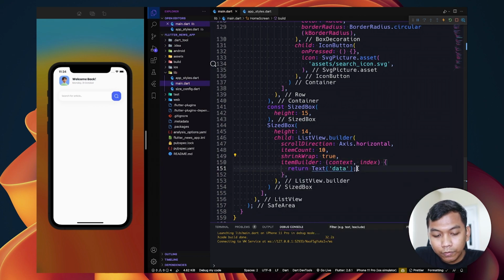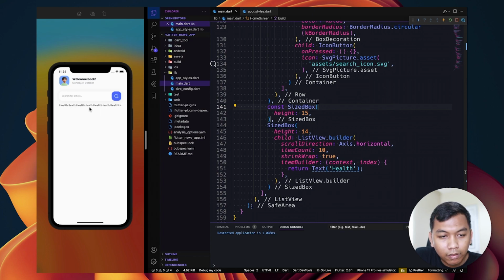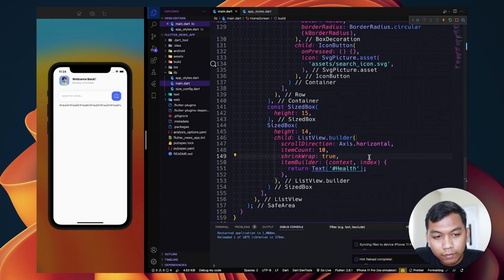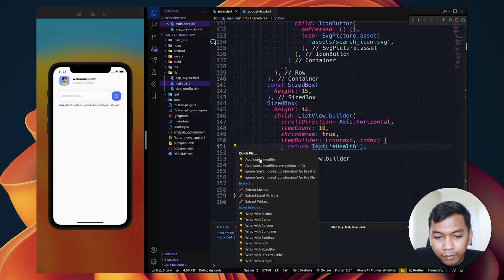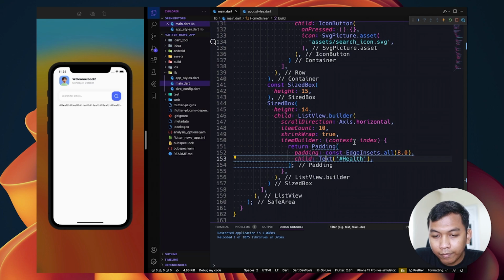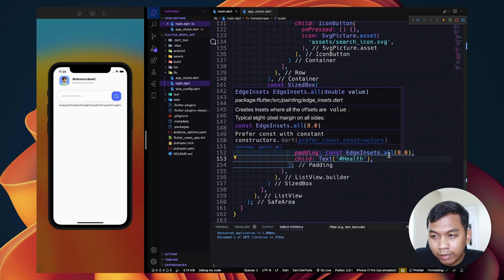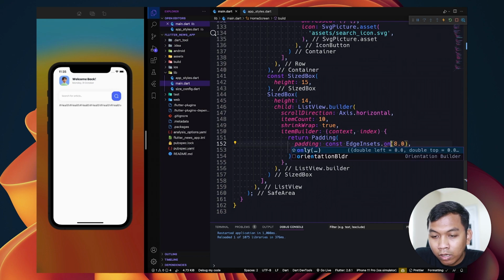Alright, so look like this. And here, so let's say help. And when we restart, we will have this, and we can add this. Alright, and we can wrap this widget using padding, and padding will have padding parameter, and we need to set only.